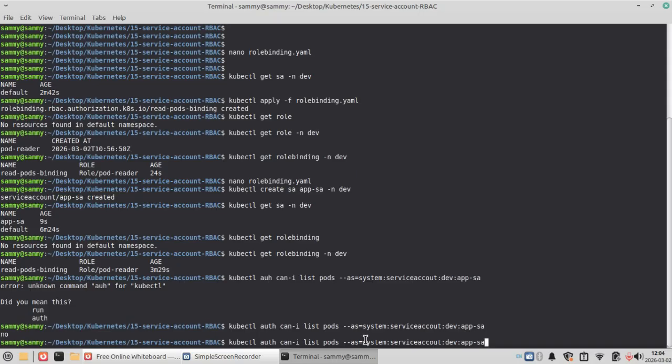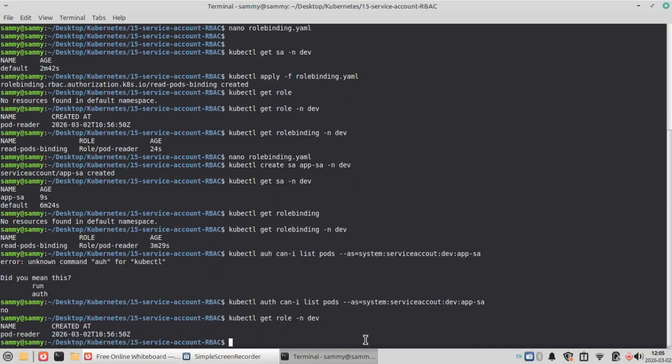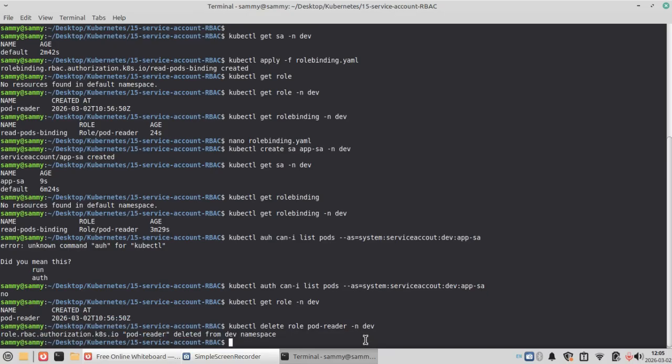All right, so let us try to apply all of this in order. I think we missed the namespace first. So I'll do kubectl get role -n dev. All right, so kubectl delete role, the name of the role, pod reader, -n dev. All right, so kubectl get